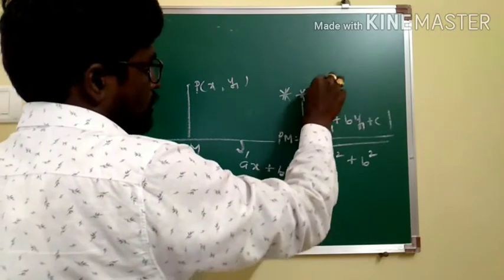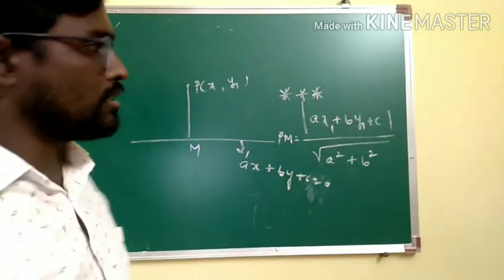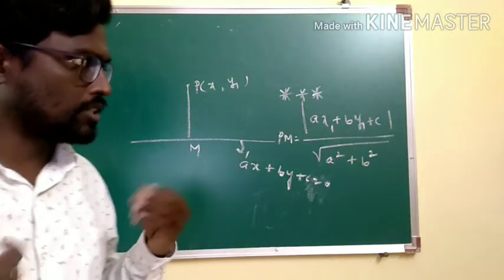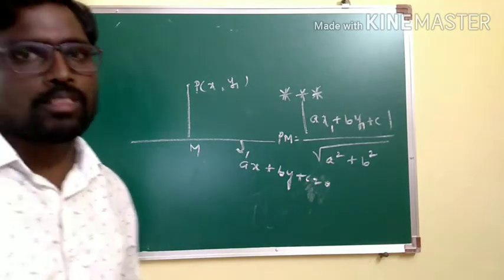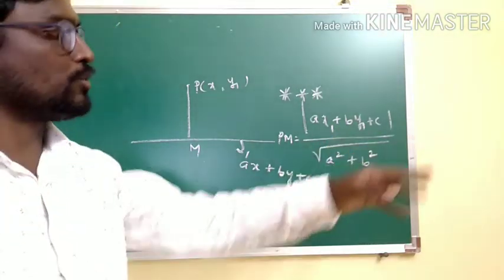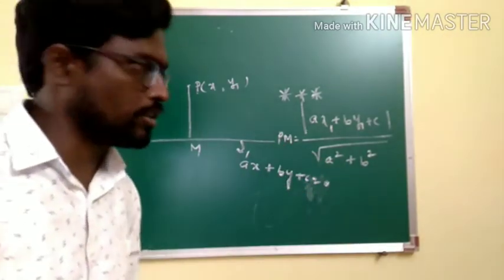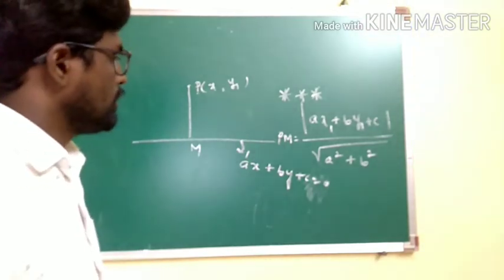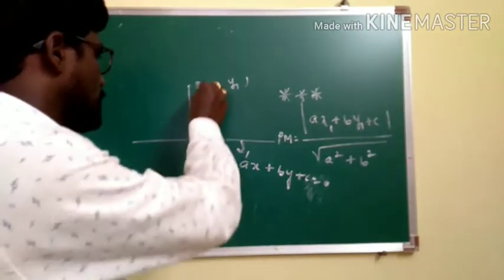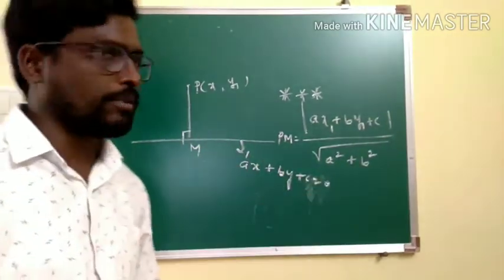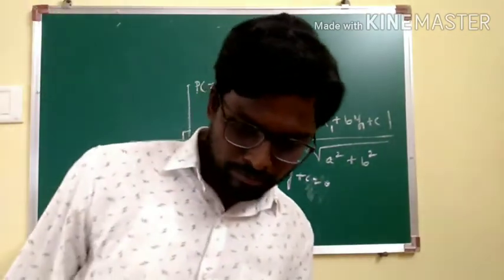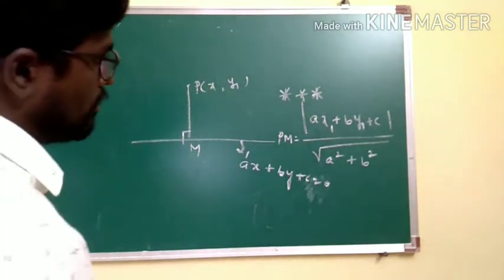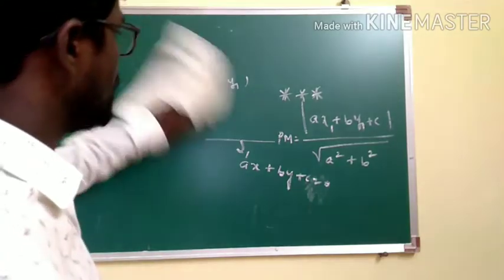Please mind this formula because in most cases students are unable to remember it. I don't know what the reason is. It is a very simple result, but still students get confused and make errors. Instead of root of a square plus b square, students take root of a square minus b square, or root of a plus b, something like that. So this is when we are talking about the distance from a point to the line ax + by + c = 0. I already gave you an example for that in the earlier lecture.